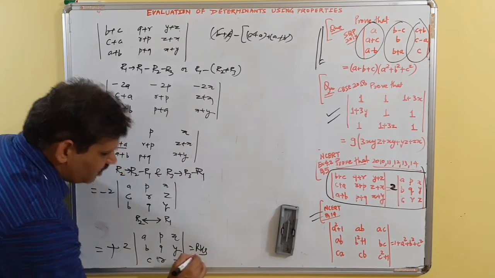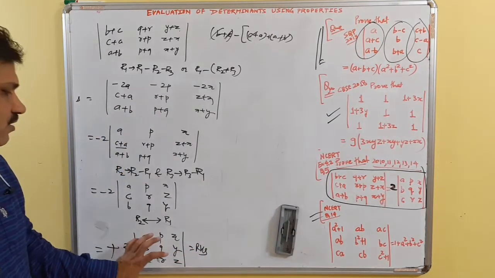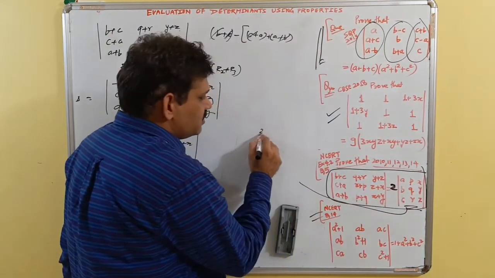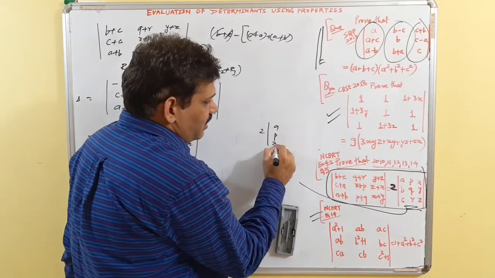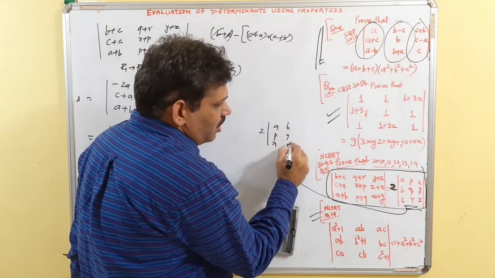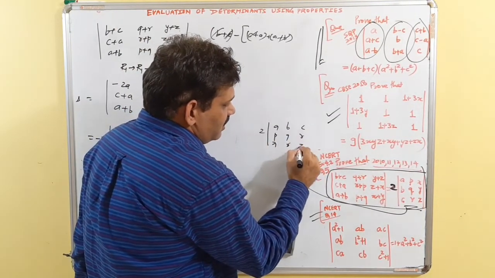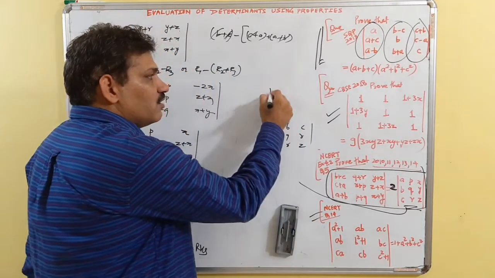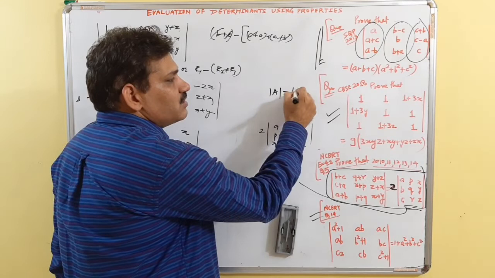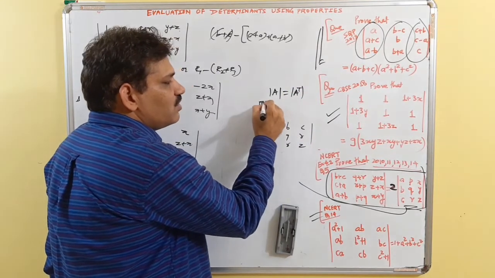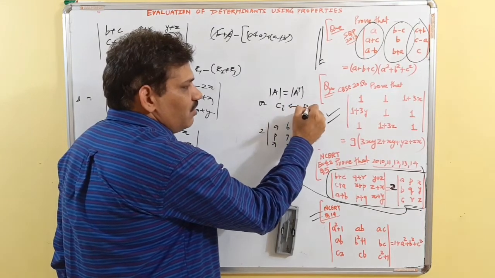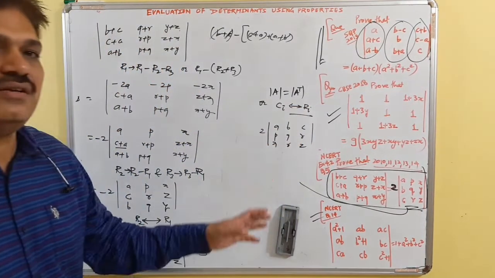This is what I just said. Suppose this is not the answer, and the answer is this: APX, BQR, and CRZ. That is ABC in rows, ABC, BQR. We know that the determinant of A is equal to the determinant of A transpose, or simply, if we interchange all the rows and columns, the value of the determinant does not change.